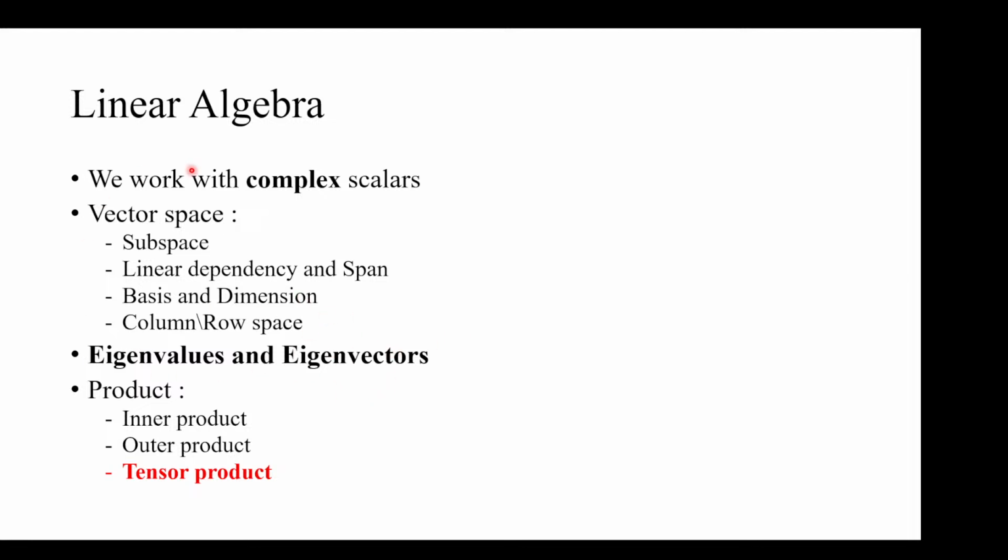And for vectors, there are three different products we'll talk about. There is the inner product, which is a scalar, and there is the outer product, which is a matrix, and there is the tensor product. The tensor product is a weird object that you probably didn't learn in your previous linear algebra course, but it's a very important concept for quantum computing, and we'll spend some time to talk about it at the end of this slide. Okay,